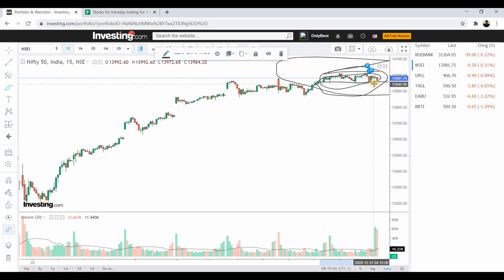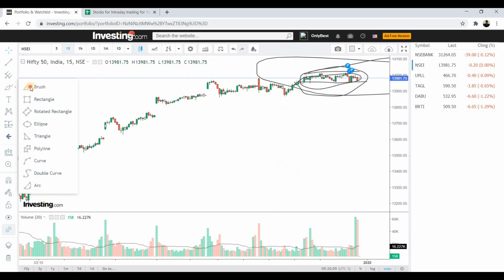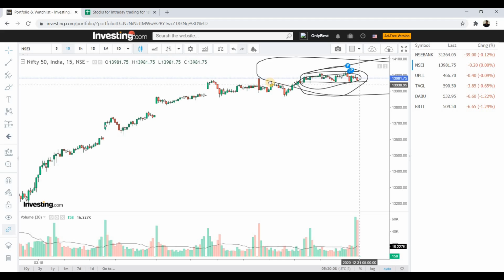So if in tomorrow's session you see correction of price below 13,960, we can sell Nifty and our target should be around 13,981. Let me see that correctly. So tomorrow could be a really small target in Nifty 50, and if you want to buy, then buy above this particular supply zone, which is above 14,000